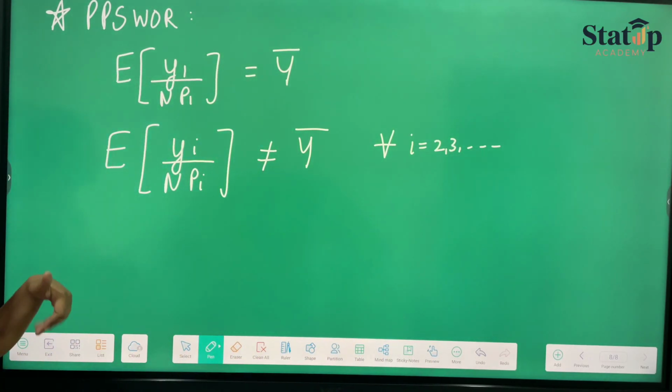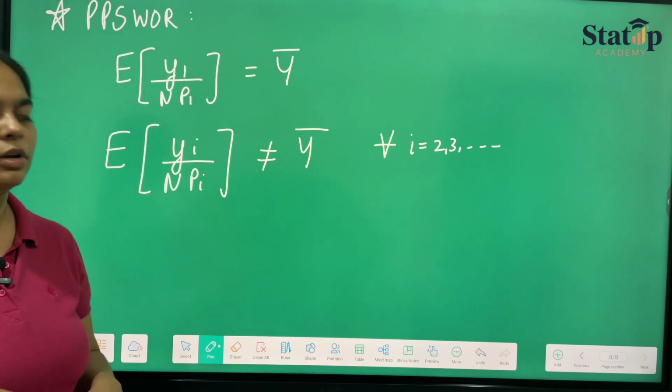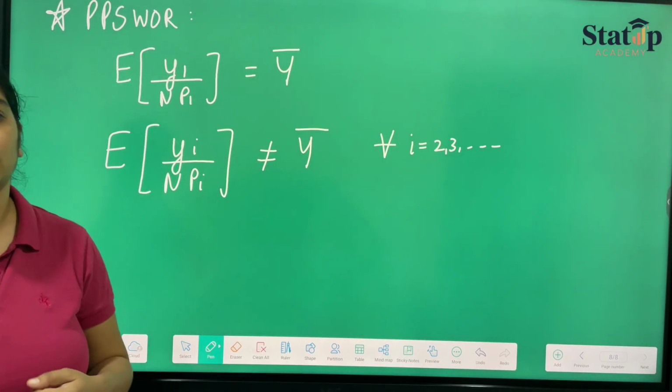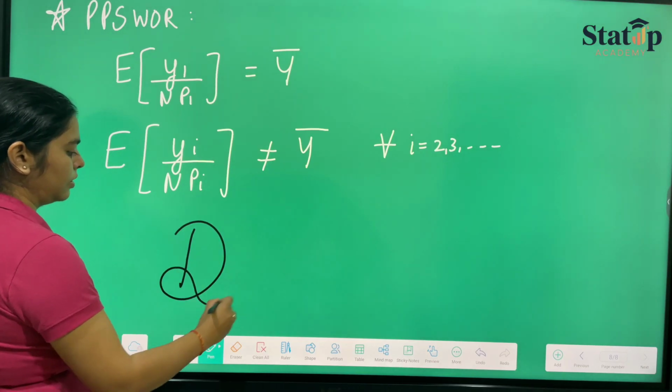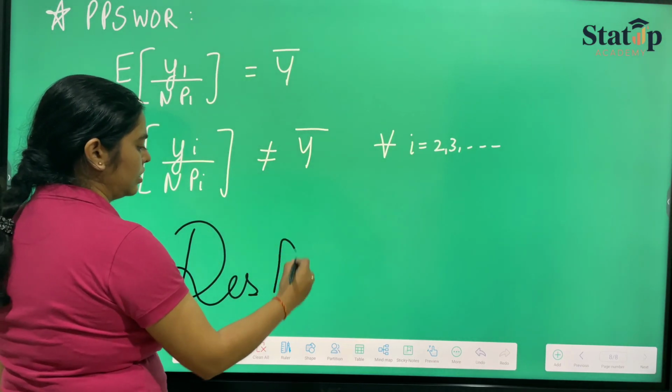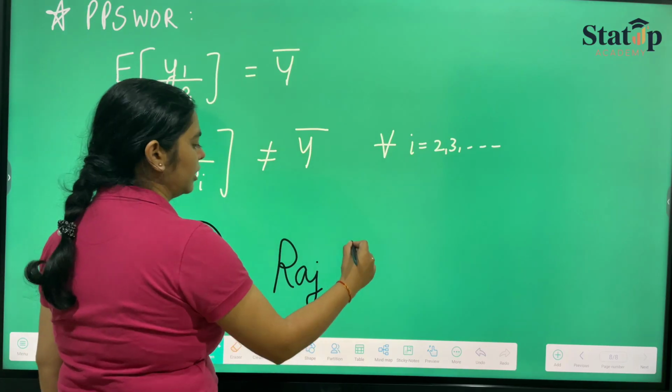For 1 it is equal to the population mean, and for the rest it is not equal to the population mean, and hence comes our Des Raj method,